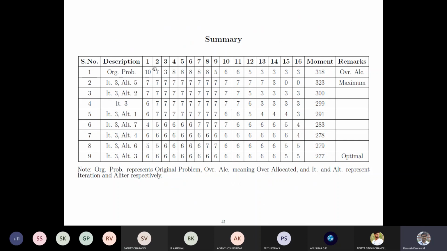This shows the different iterations and the corresponding minimum moment value. In iteration 3, which is loading all 6 and the last 2 as 5, we get a minimum moment of 277. You can even try different combinations, but so far this is the optimum value, right?